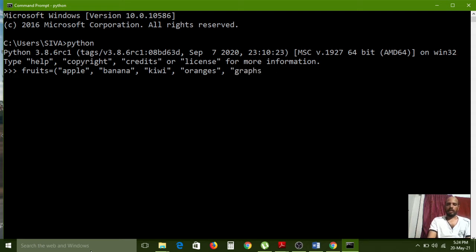So I created the fruits tuple with different types of fruits, nothing but apple, banana, kiwi, oranges, grapes.